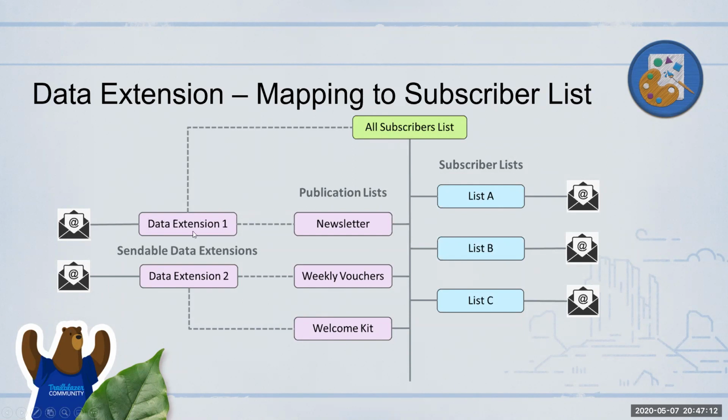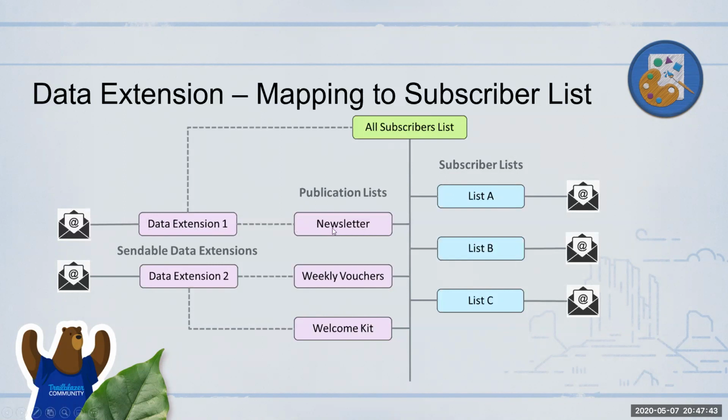So it is never recommended that when you send an email to a data extension, you map it to the all subscribers list, unless you have a specific use case that needs it. It's always recommended that you use a publication list. A publication list is a type of list with the same structure as a subscriber list or the all subscribers list, where you cannot go and create any person. It will automatically get populated with the people that you have in this data extension, and it will mirror back to the all subscribers list.